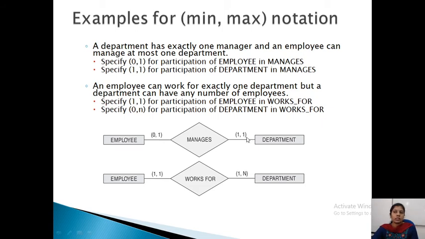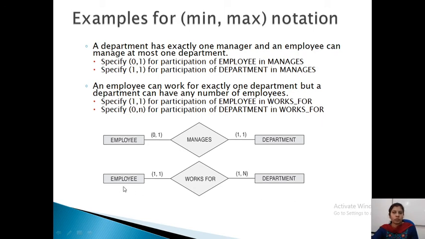And here this side department will have at most one manager. So each department will have one manager. Exactly one manager. So minimum is also 1, maximum is also 1. Similarly, employee works for department.